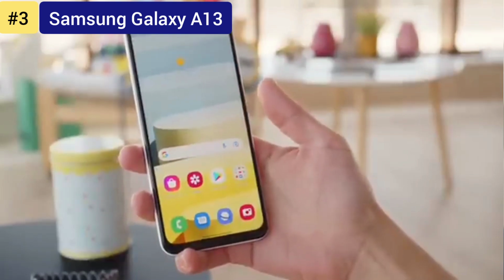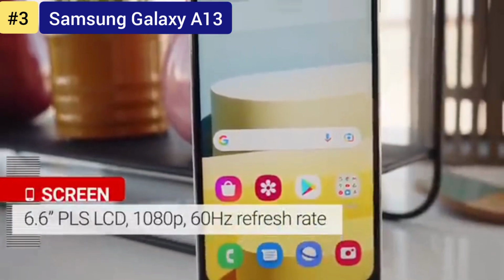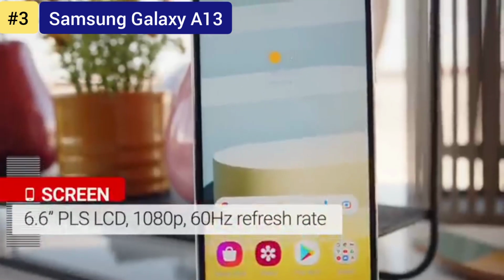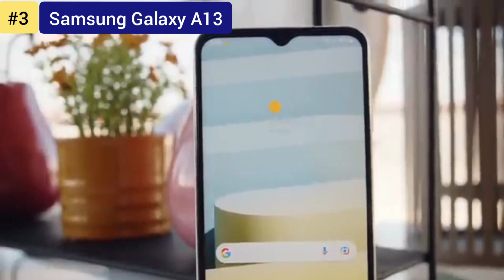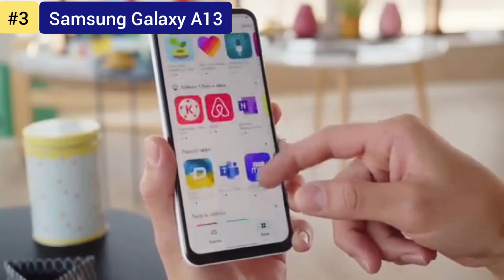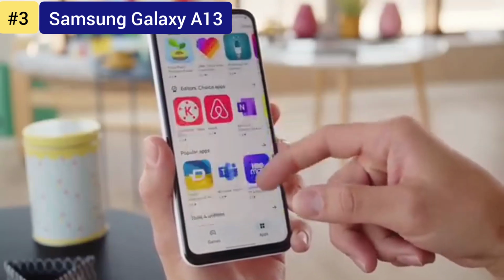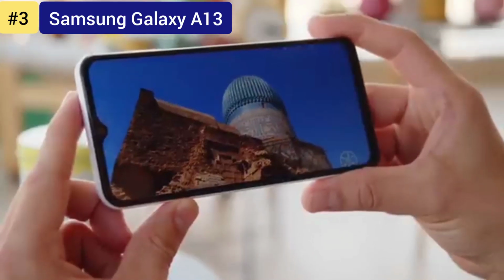On the design front, the Galaxy A13 feels like a phone that's going to last, and it offers a 6.6-inch 2408x1080 LCD screen that does a decent job with websites, photos, videos, and games. It's suitably bright, vivid, and crisp. And while there's no support for HDR or anything above a 60 Hz refresh rate, we didn't have any real